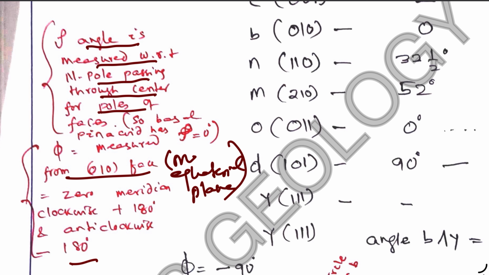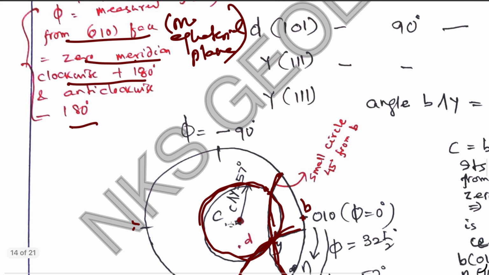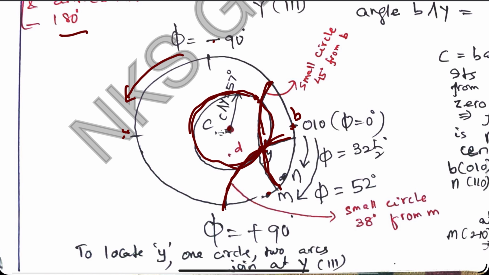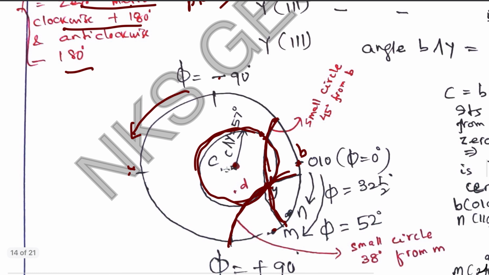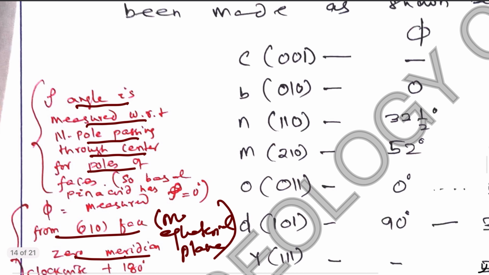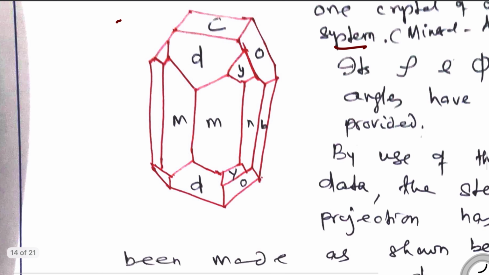The 0, 1, 0 face, through 0, 0, 1 face, the meridian that goes, gives the 0 meridian. If we measure the angle in the equatorial plane from this meridian towards south, it is positive 180 degree, towards north or anticlockwise it is minus 180 degree. So here it is minus 95, this side will be minus 180, so this side will be plus 180. So how these faces of this anglesite crystal,